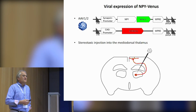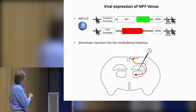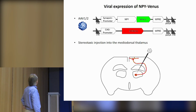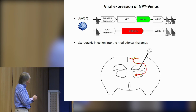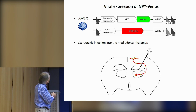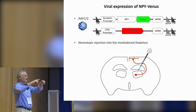So we use a viral expression strategy to get these expressed in the brain, and use this AAV2 virus that we've been using for a long time, with synapsin-driven NPY Venus fusion constructs. And at the same time, we express mCherry. This allows us to label these thalamic projection neurons, and we chose these because the injection site is nicely remote from the site of imaging, and because these axons typically form in the superficial layers, in the molecular layer. They form a parallel sort of branching,